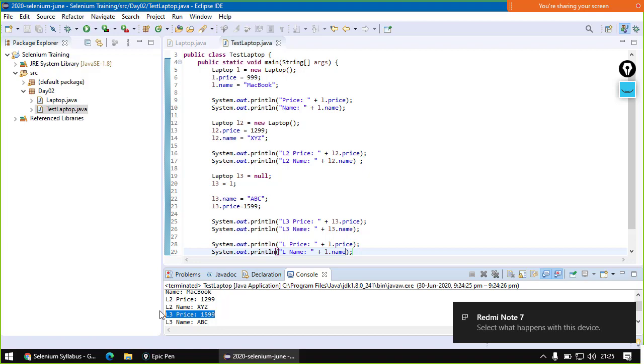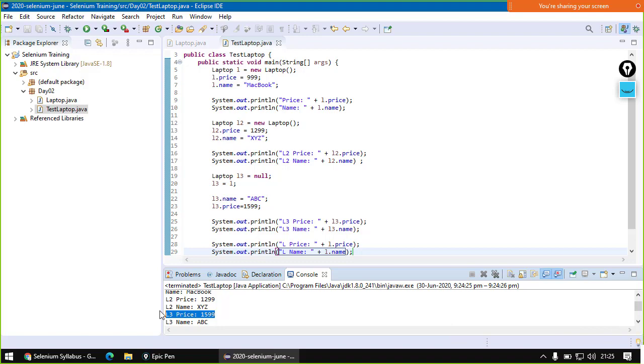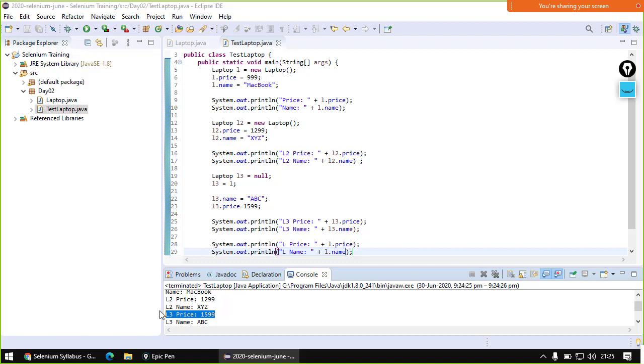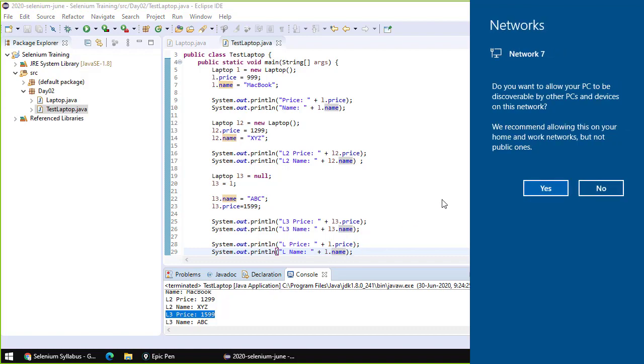right? So just give me a second guys, my internet may go off anytime. Let me just have a backup connection. And here it is on. So